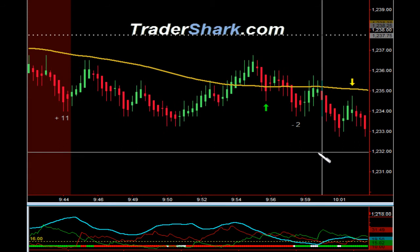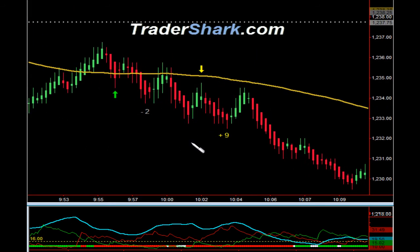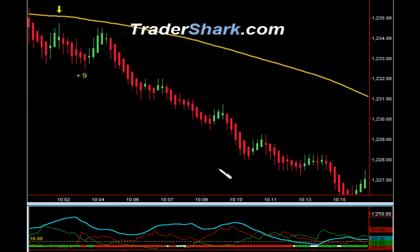Target 1 was hit, got stopped out for -2 ticks, and we don't usually take the trades right there with the news announcement because you don't know which way the market's going to push. With that being said, there was an actual setup, so I'm going to color it in yellow since I'm not counting it in today's trade. Target 1 and target 2 were hit for a total of 9 ticks,